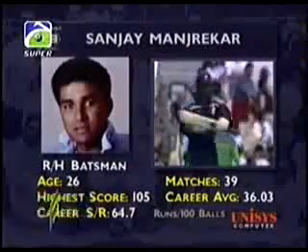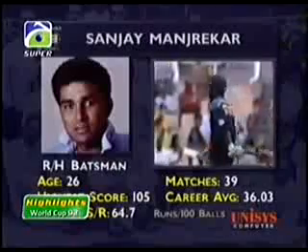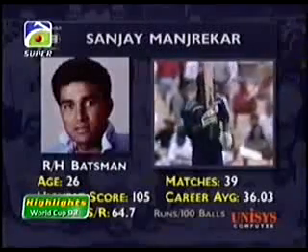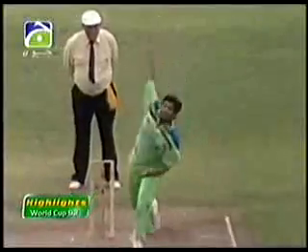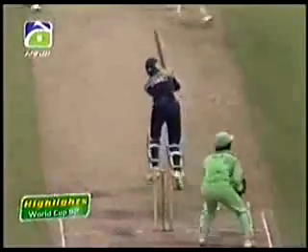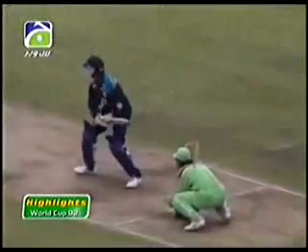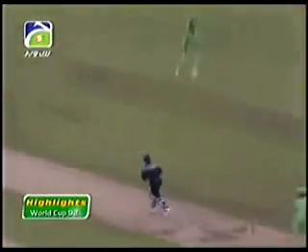In form, Sanjay Manjrekar comes to the crease at a vital time. He played very well at the Gabba last weekend. It's important for the leg spinner to keep the ball up. That's how he got rid of the left-hander, Kambli, keeping the ball up and forcing him, if he wanted to score quickly, to hit into the outfield. And that's where the leg spinner can be of real value.